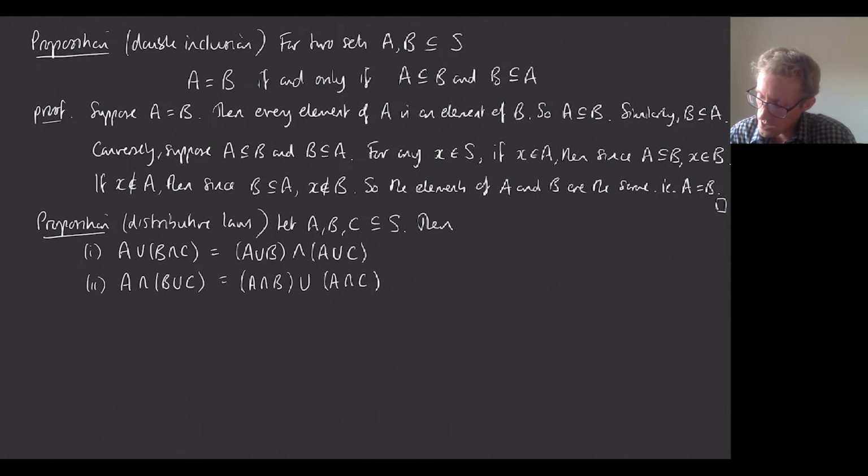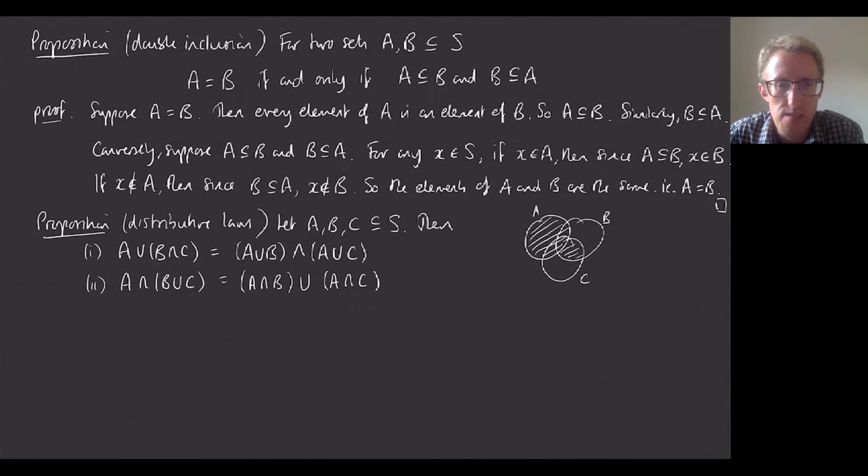Okay, you can think of these actually in terms of a Venn diagram as well. If this is A, B and C, then that first set is A union (B intersect C), which is this region here. And the distributive law is kind of telling us that we can think of that set in two different ways, either as the union of A and (B intersect C), or as the intersection of (A union B) and (A union C). And you can think about that in terms of the diagram. So let's prove this. I'm only going to prove the first one actually. I'm going to leave the second one for you.